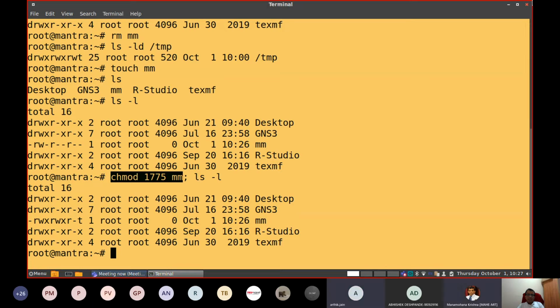Four digits. Four digits are there in the file permission. The first one stands for sticky bit. Sticky bit equal to 1. Then the last 3 digits as usual: user, group and others. That's why you can notice that read, write, execute permission is given to user and group, and for others, only read permission is granted, and sticky bit is set to 1. This is the important point to remember, how to set sticky bit to a particular program.